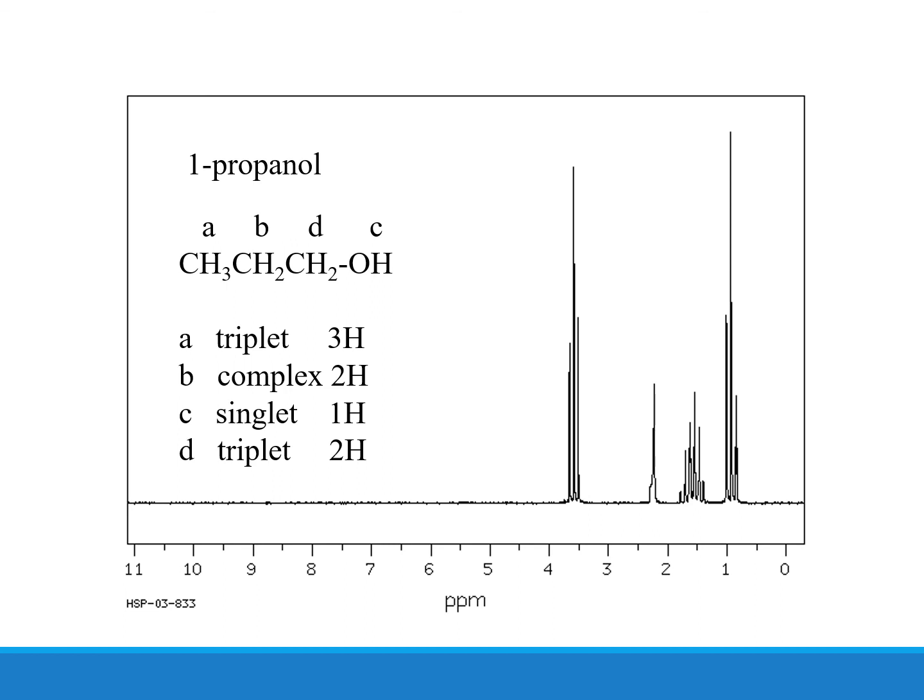How many hydrogens do we have in B? We have only 2 hydrogens. Therefore, the coupling will appear as triplets, and these triplets are seen in